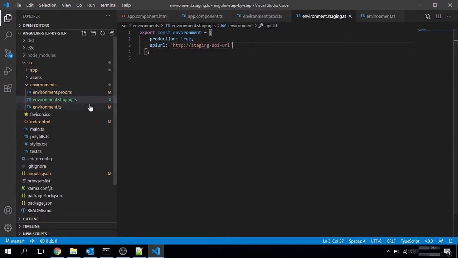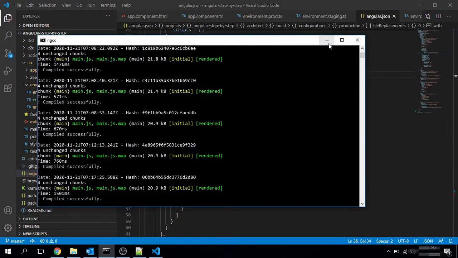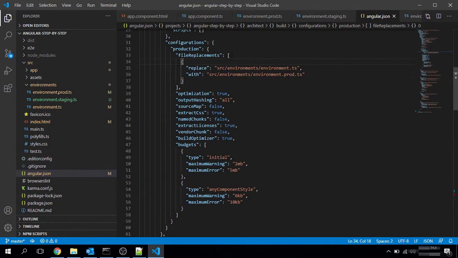Now we will have to configure the angular.json file. Here you can see that Angular already provides a build configuration. This command is already defined for the production build.